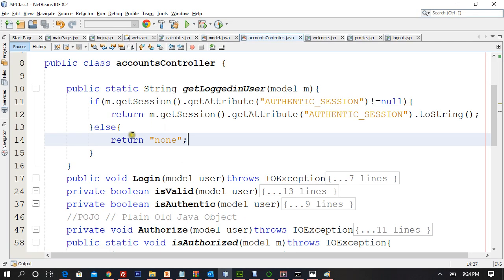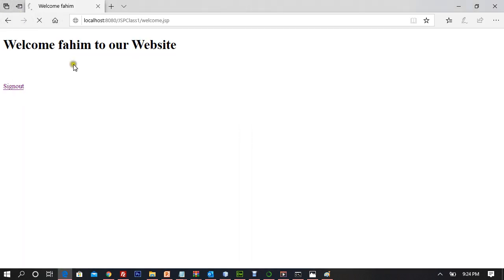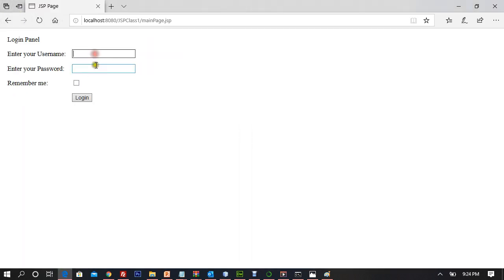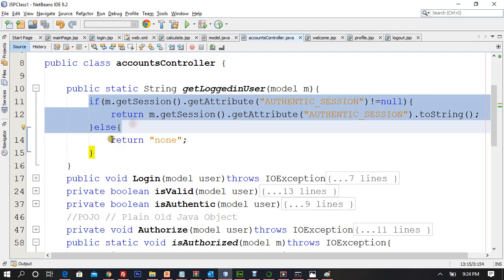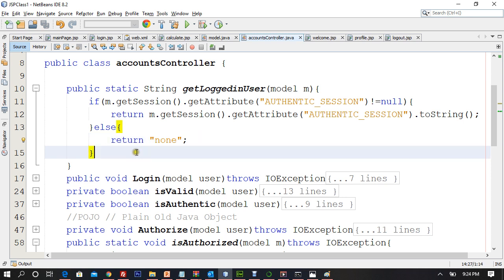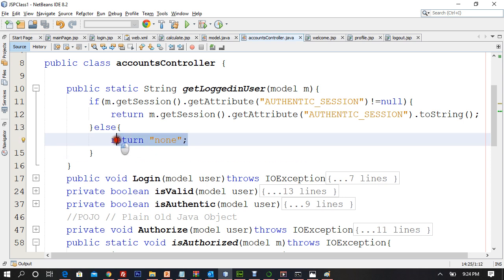Okay, now what we have to do is handle the case where the session is not there, but maybe the cookie is. For example, if I sign out, after signing out I will not create a session, I'll create a cookie. So now I'm creating a cookie by clicking remember me. Now you can see welcome none to our website. Why? Because now the session is null. Eventually you will go to else right here. So now in else you will say